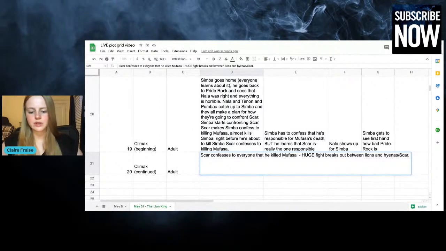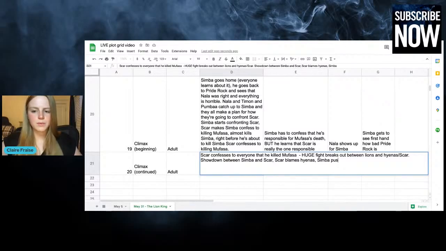It's just a showdown. I'm not going to type all of the details out, but it's a showdown between Simba and Scar. Scar blames the hyenas, and eventually Simba pushes Scar off the ledge, off Pride Rock, I'll just say. And then the hyenas maul Scar to his end,